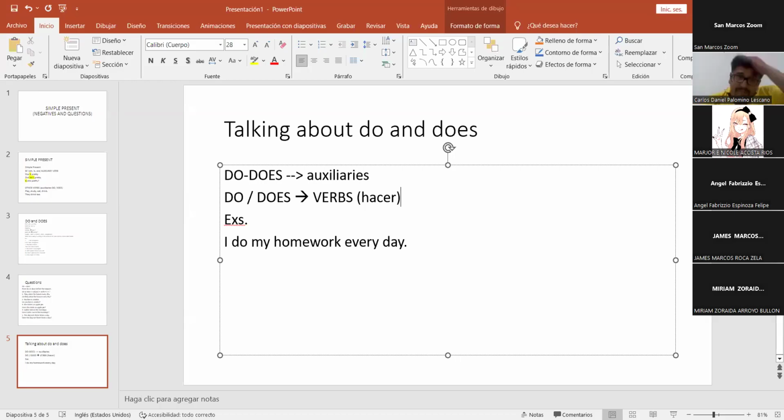Hago mi tarea todos los días. How can we make the negative sentence here? ¿Cómo puedo hacer la negación aquí? A ver, niega. Para I, ¿cómo va a ser la negación? I don't. Y me falta el verbo, mira. I don't do my homework